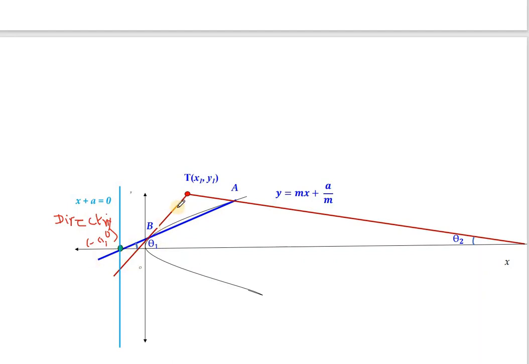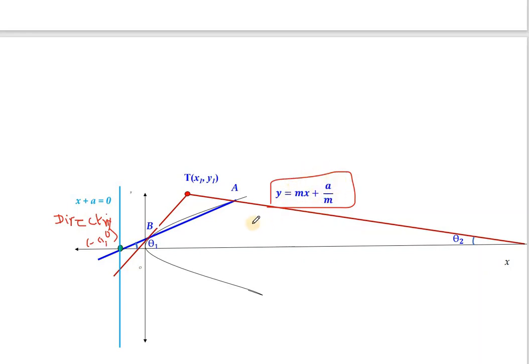So how do we do that? We could make use of the pair of tangents, T squared equals SS1. Even with that we can do the problem, but this will be somewhat simpler. Because these two tangents make complementary angles, we make use of this concept: y = mx + a/m. This is the condition for y = mx + c to be a tangent to the parabola. So we directly replace c by a/m.